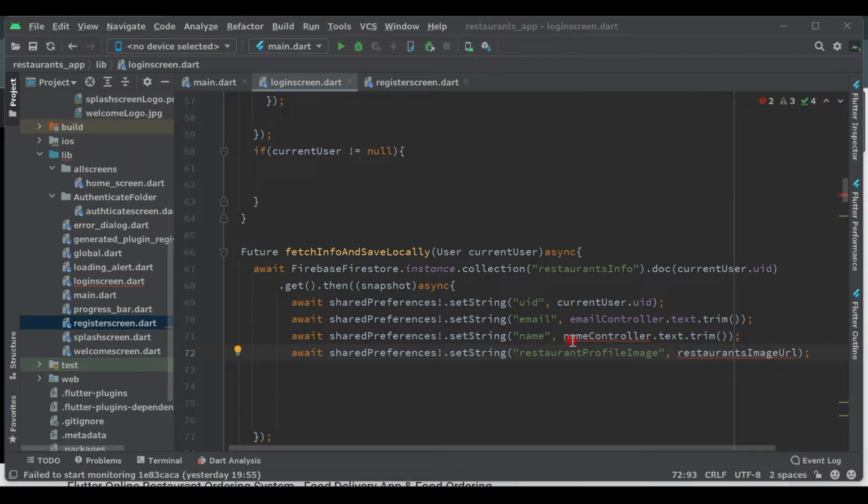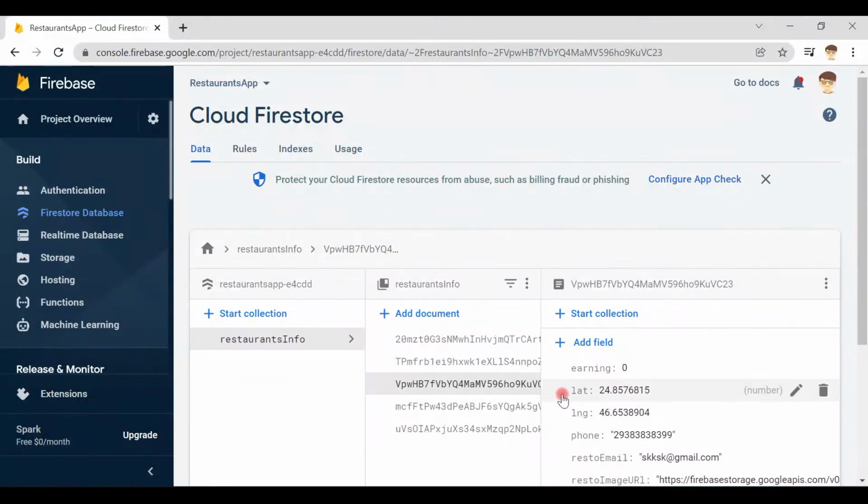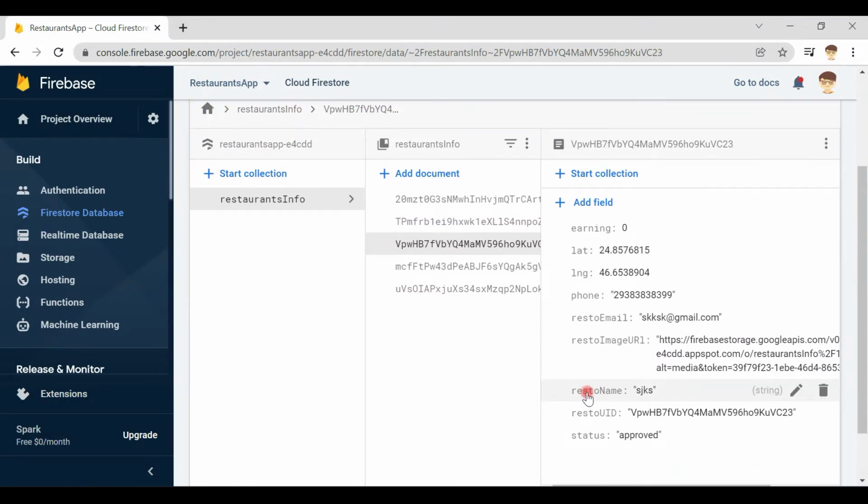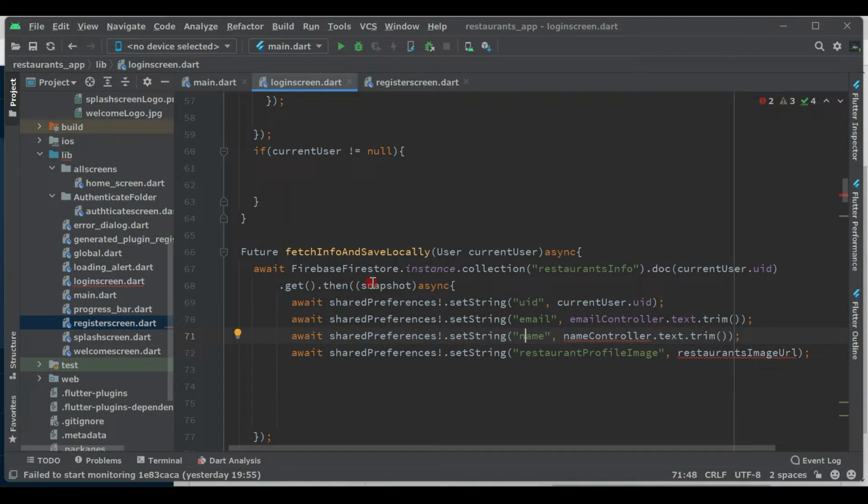So now here, as you know, we are fetching the data from the firebase, and this name is saving here. Let me show you, this restaurant name. This is the name, so we have to put the same name there, restaurant, because we are fetching from the database. So we will use this snapshot. So here just remove this,